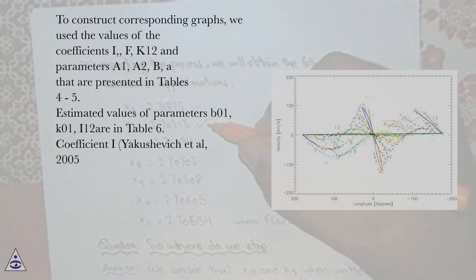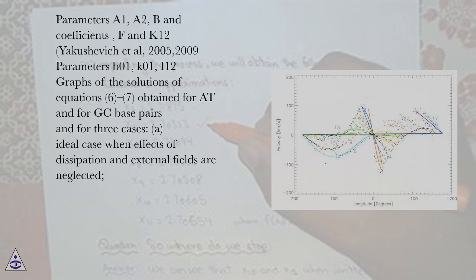To construct corresponding graphs, we used the values of the coefficients I, f, K12 and parameters a1, a2, b, a that are presented in tables 4 to 5. Estimated values of parameters b01, k01, I12 are in table 6. Coefficient I: Yakushevich et al., 2005. Parameters a1, a2, b and coefficients f and k12: Yakushevich et al., 2005, 2009. Parameters b01, k01, I12. Graphs of the solutions of equations 6-7, obtained for AT and for GC base pairs and